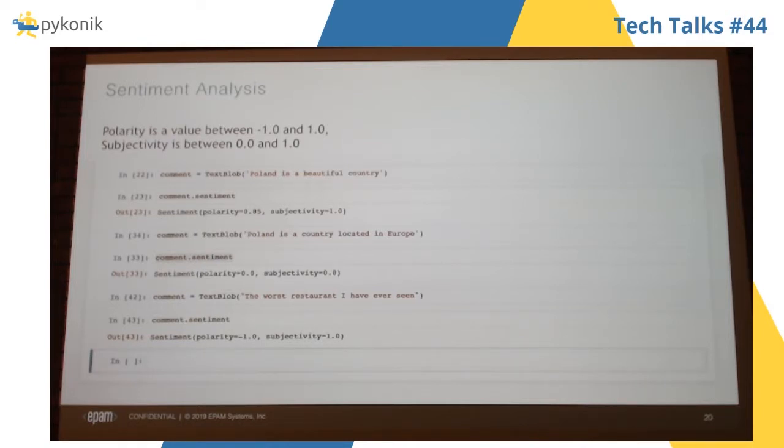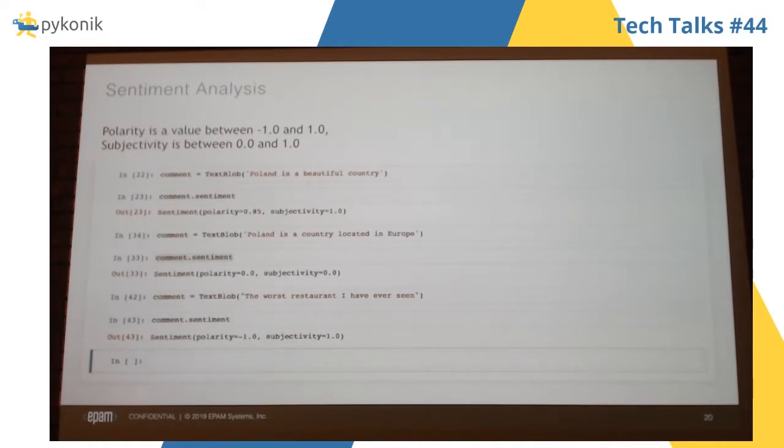And it gives us the polarity. If it's greater than 0.5, in most cases it means something positive. So this is a positive comment, because the polarity is 0.85 and subjectivity is 1. So what does subjectivity mean?